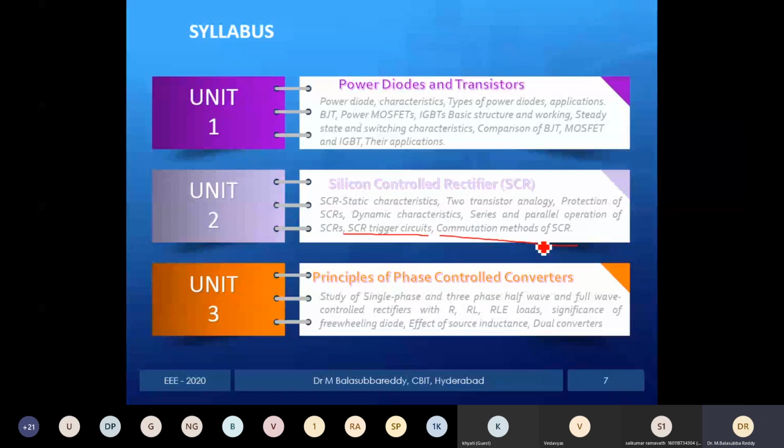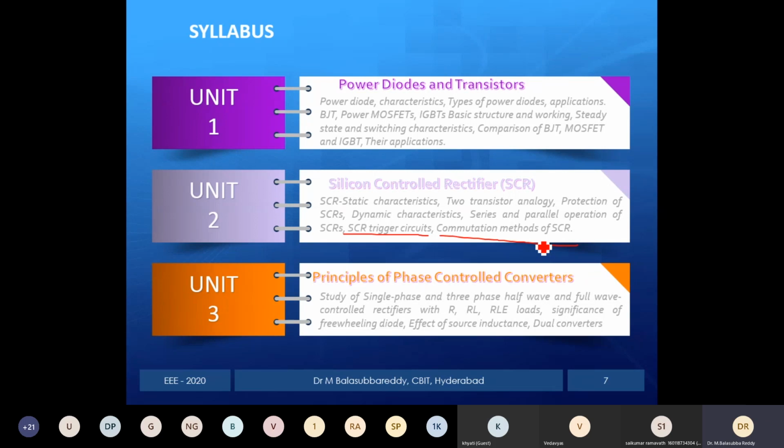This is phase controlled converters, or rectifiers. You may be aware from previous classes of the rectifier. What is the meaning or function of a rectifier? In previous classes, you may have known the rectifier. It will convert fixed AC to fixed DC. That is for the diode rectifier. I think you may be aware that a diode rectifier will convert fixed AC to fixed DC.